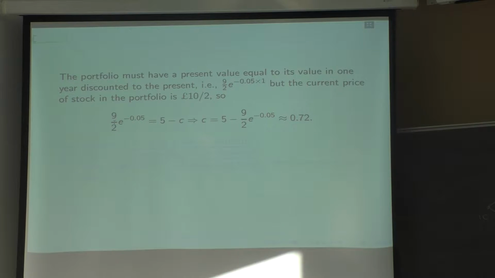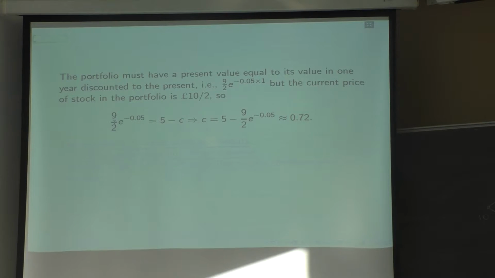On the other hand, we look at this portfolio and we say, how much would we have to spend now to buy this portfolio? So we say, okay, there's half a share in it. 1 share trades for 10, half a share trades now for 5. We have a call option whose price we're trying to find. Let's give a name to the price of that option. Let's call it C. So we have minus 1 call option. So what's the contribution of this minus 1 call option to the price of the portfolio? How much do you have to pay to buy minus 1 call options? You have to pay minus C. So you're paying a negative amount of money, which means that someone is paying you money when you issue this option.